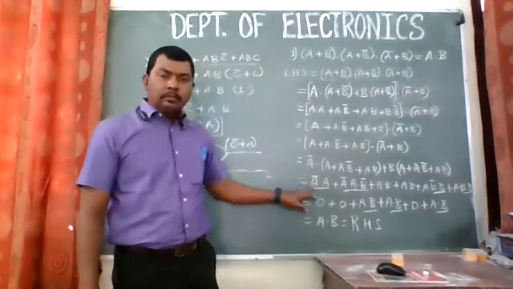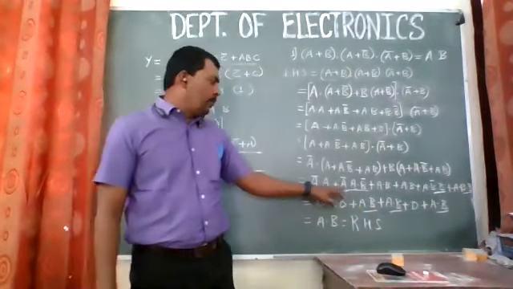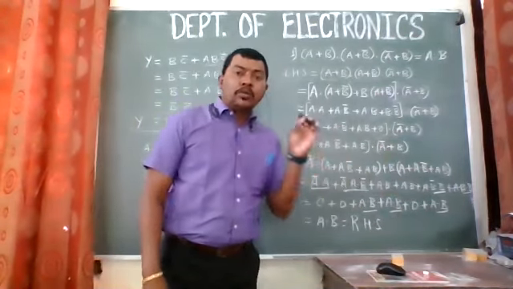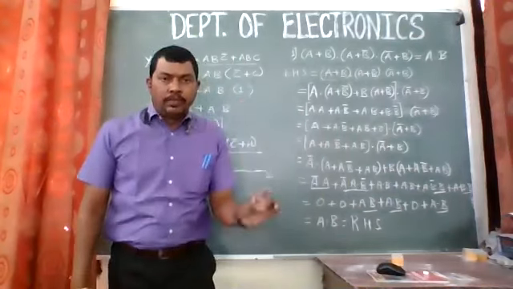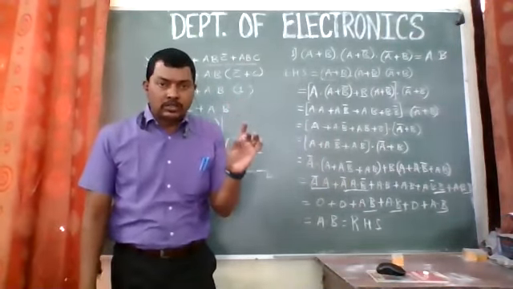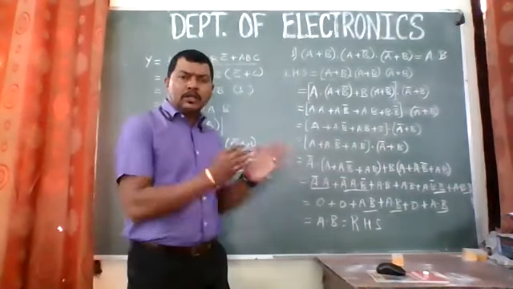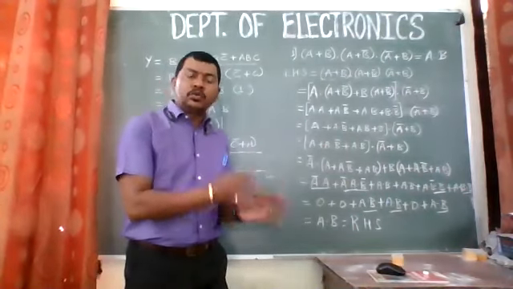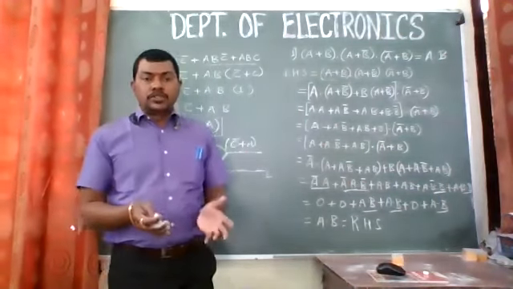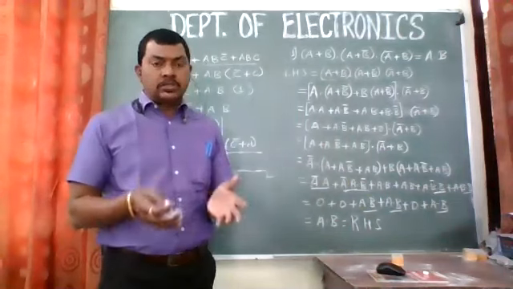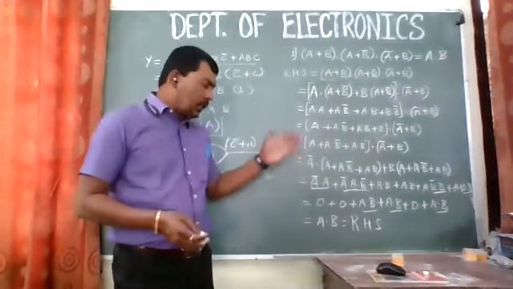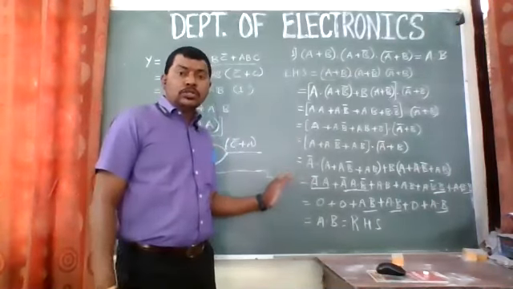You just need to know a bar dot a is equal to 0, b bar dot b equal to 0, b dot b is equal to b, a dot a is equal to a, right? Those are and laws, right? So you need to remember and you can simplify. Where there is a dot a, you can write a. Where there is a dot a bar, you can write 0, right? B dot b bar is 0, right? Similarly, c bar dot c is 1. So likewise.